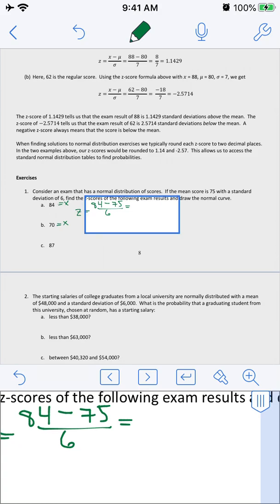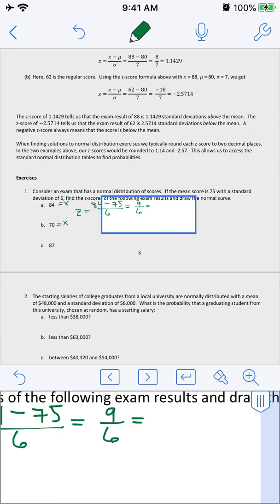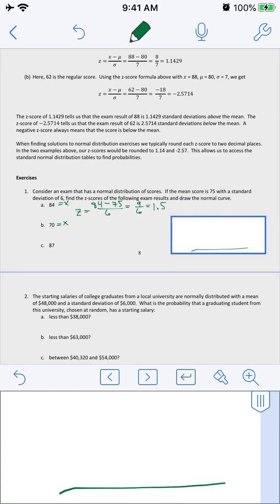Do the top first. Just go in the same order, okay? 84 minus 75, we get 9 over 6. So divided by 6, we get 1.5. Our z-score is 1.5. Awesome. All right, cool. So what does that mean? We'll go over here, we'll draw a quick normal curve